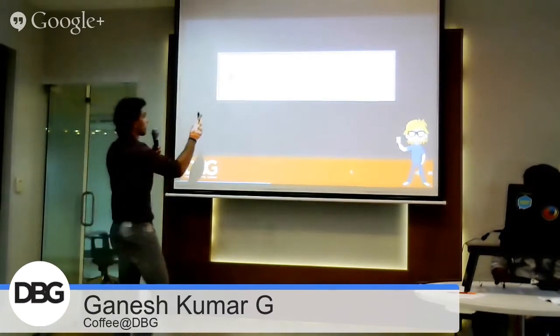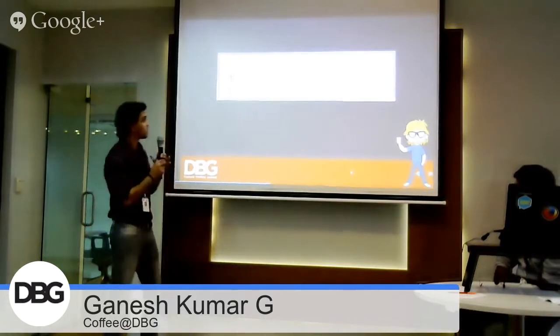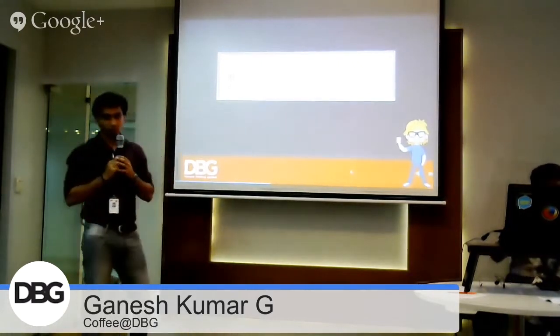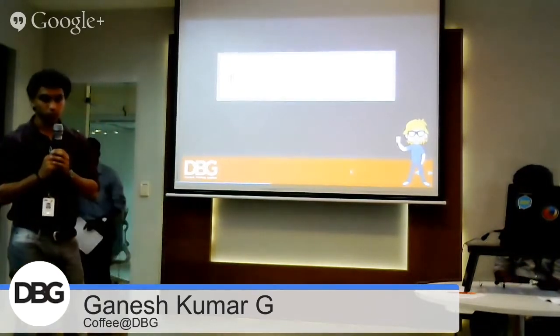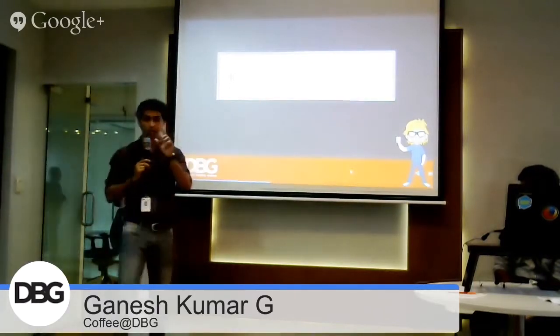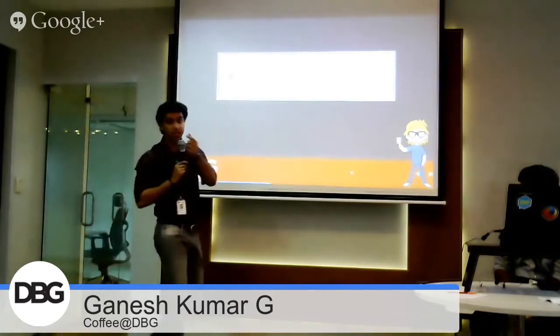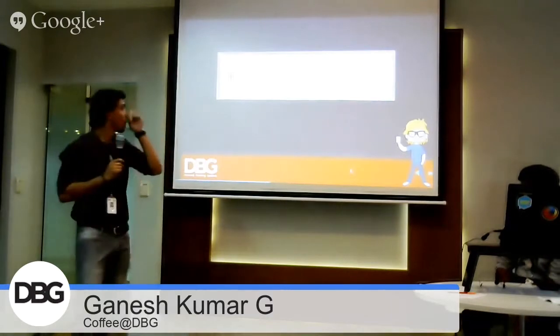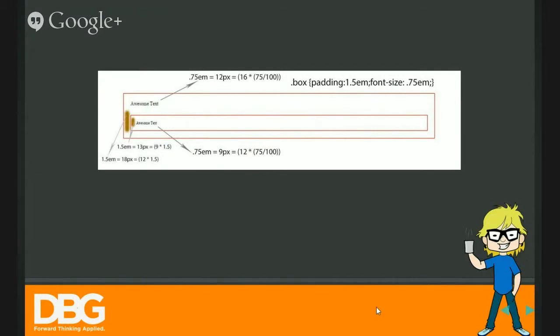And in the case of the inner class, we got a font size of 9 pixels here, so it's considered as 1 EM. Okay. So this padding gets related to the font size. Definitely, if we have a specific font size for an element, padding or any other things will be related to that font size value. Okay. So here the padding is 13 pixels, because 9 into 1.5, so 13 pixels.